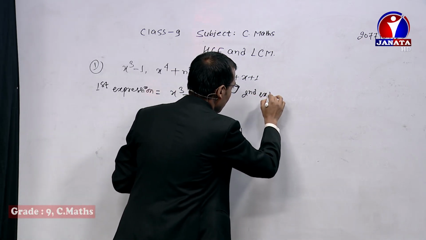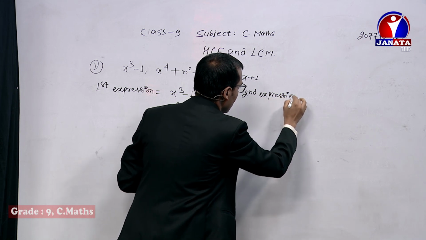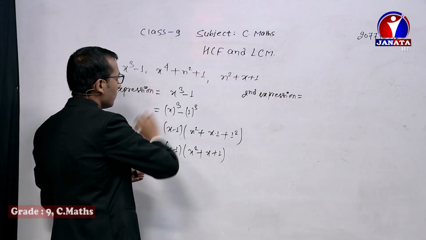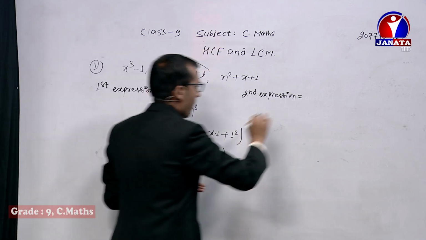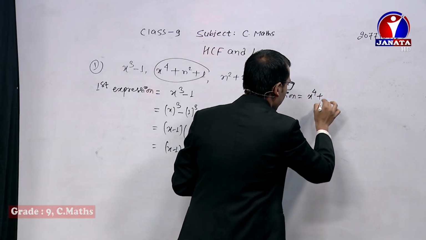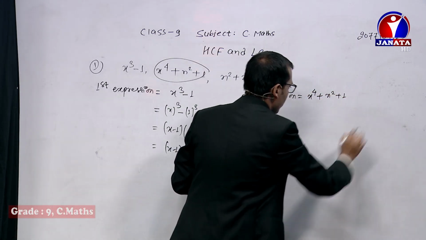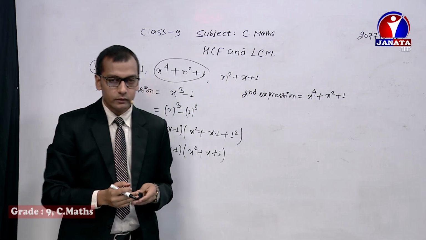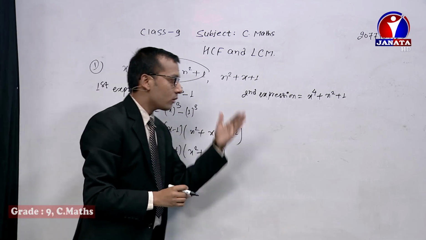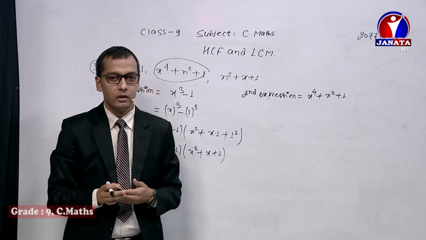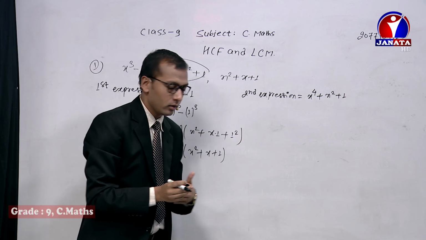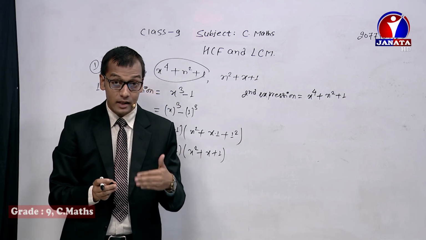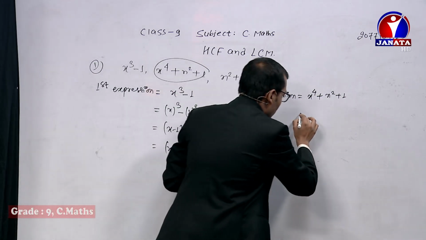Now the second expression, let me write it here. What is the second expression? x to the power 4 plus x square plus 1. Let's try to factorize this. Let's think, how do we factorize this expression into its factors for HCF and LCM. We can